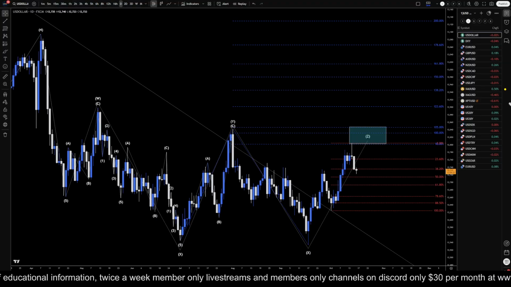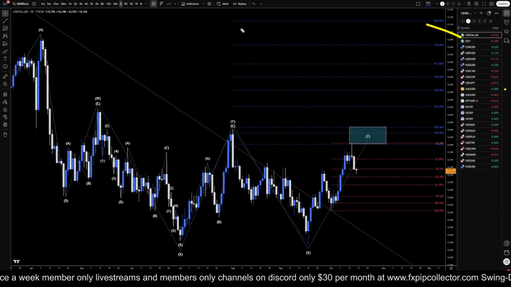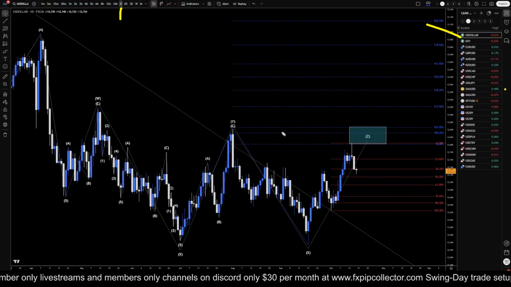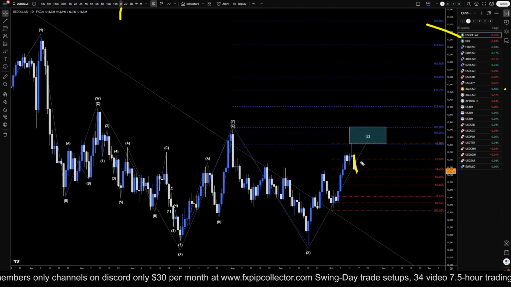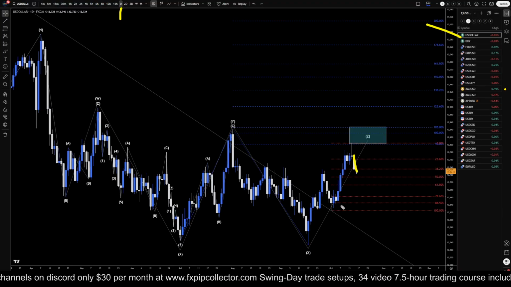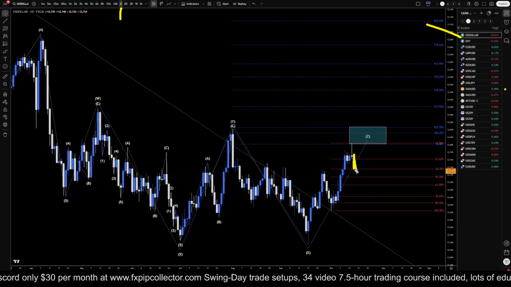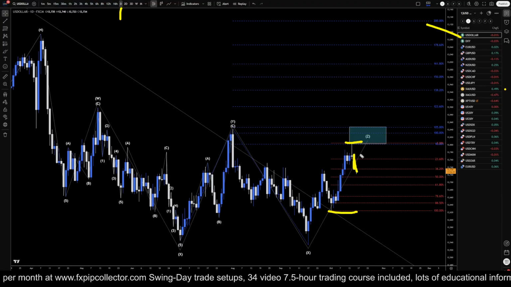Today is Thursday, October 16th, and this is my analysis for the US dollar index, and we're on the daily time frame. So on the daily time frame, we did hold down pretty nicely yesterday. I was talking about how this may pop up one more time, which I still think it may. This move down could just be a pullback within this move up right here.